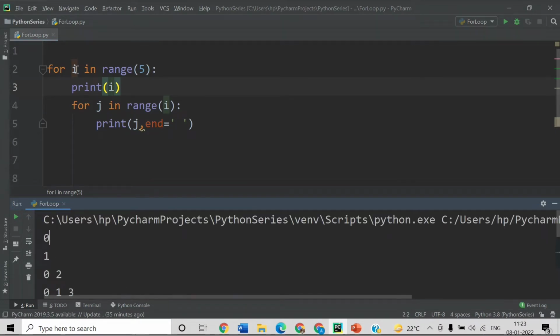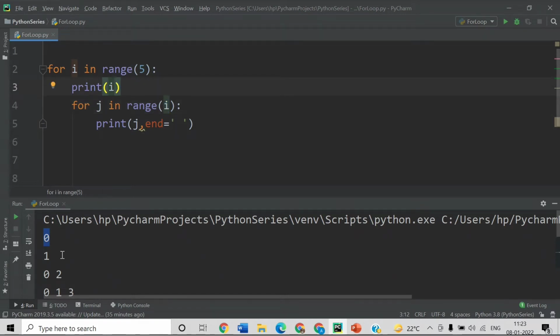See, now we are here for I in range 5. So first value of I will be 0, so we are getting here 0. After that this for loop will be executed for j in range 0, because value of I is 0, right? So it will not go inside this for loop, because for range 0 the value of j will be 0. Again the outer loop will be executed, which will have value now as 1.